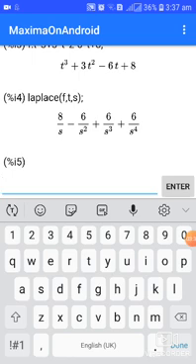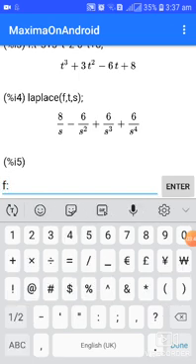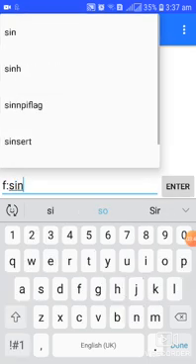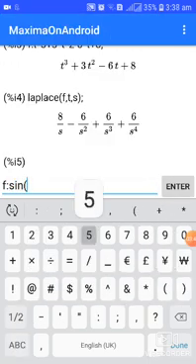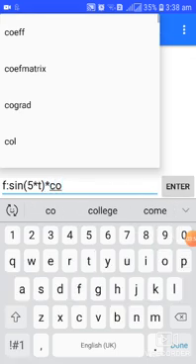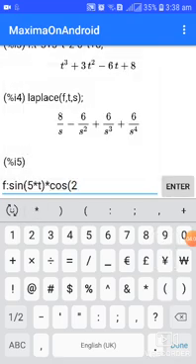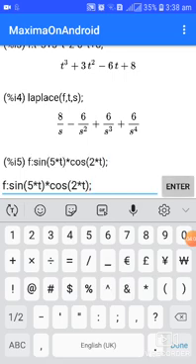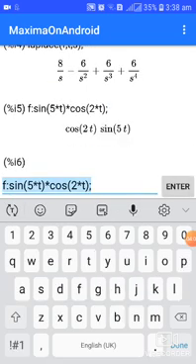Similarly, we will see one more problem. Find the Laplace transform of sin 5t into cos 2t. F is sin 5t into cos 2t, then find the Laplace transform.